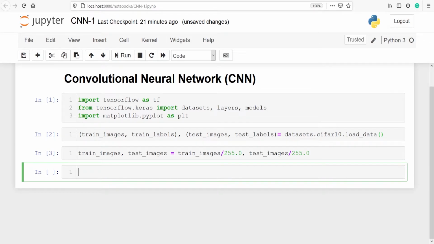We will make one variable, class_names, and in that I will save all the 10 labels.